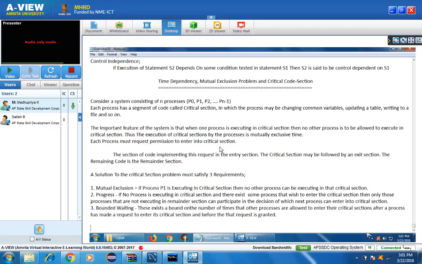Okay, so we'll stop the session here. Tomorrow I'll continue with the remaining things connected with the same topic: time dependency, mutual exclusion problem, and critical code section. And in that, we will try to cover deadlock handling as well as inter-process communication. Those things we'll be discussing. And we even have different mechanisms or techniques to handle deadlock handling. So those things also